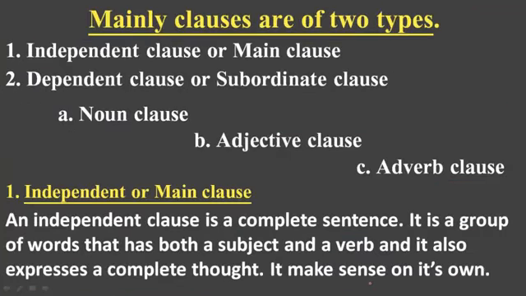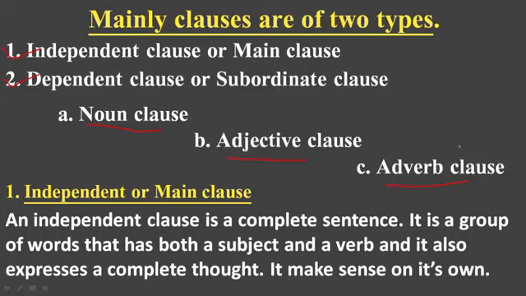Moving on, mainly clauses are of two types. First one, independent or main clause. Second one, dependent or subordinate clause. The subordinate clause is further divided into three types: noun clause, adjective clause, and adverb clause. Let's discuss